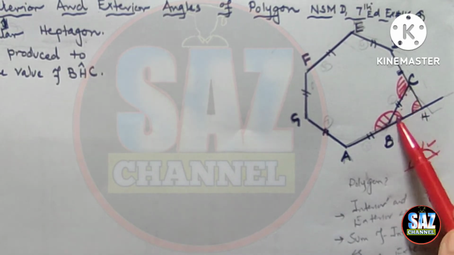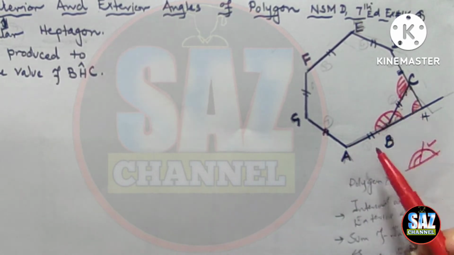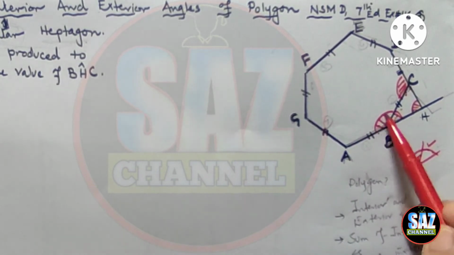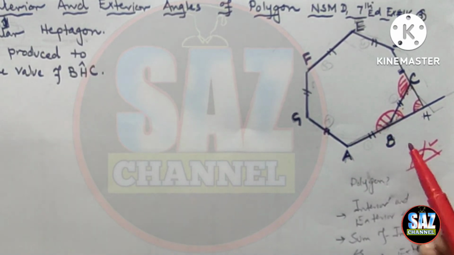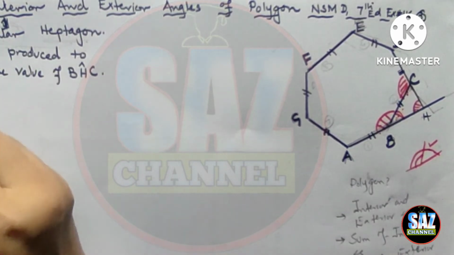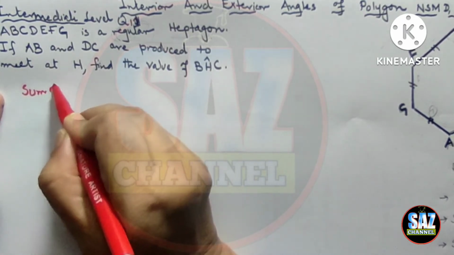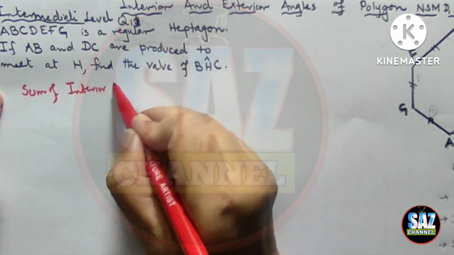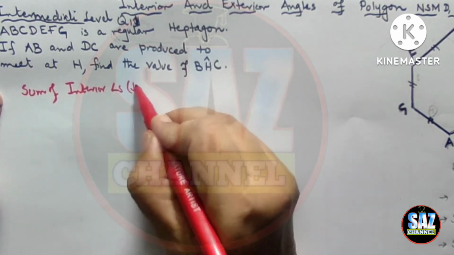We need this angle, and in order to get these two angles, I need basically angle B or C of the regular heptagon. So let's begin and find the interior angle of the heptagon. Recall the formula for the sum of interior angles of a regular polygon. Sum of interior angles of what? Heptagon. And heptagon is of how many sides? Heptagon,